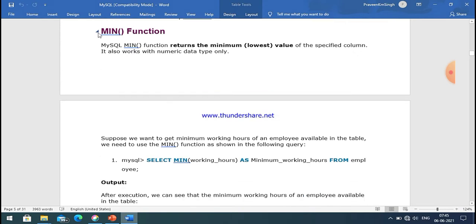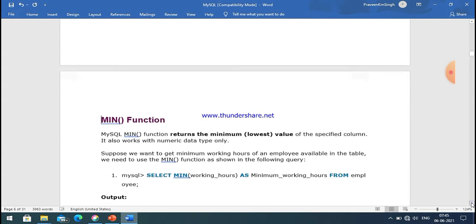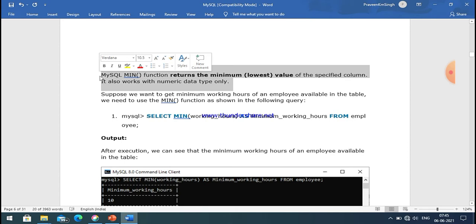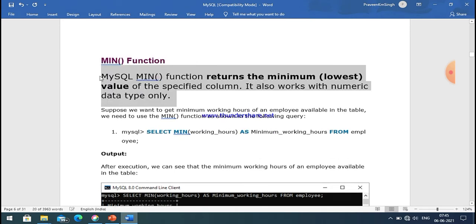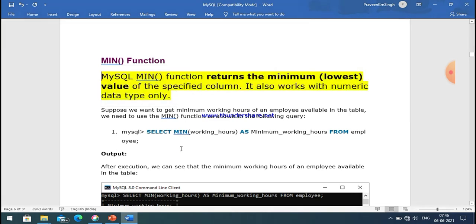This is the min function. The min function returns the minimum or lowest value of a specified column, and it works with numeric types only. If data is not in numerical form, then you are not able to find the minimum value. So the basic condition is that data must be numeric.